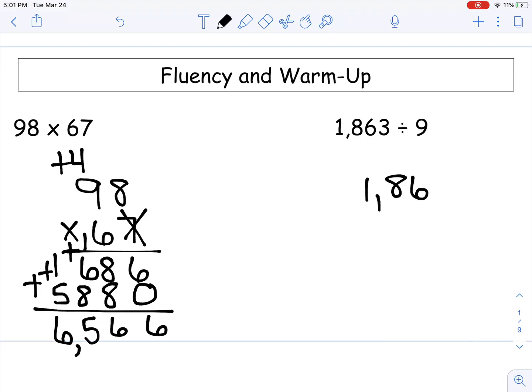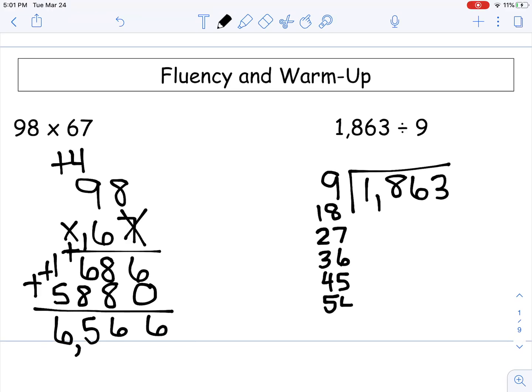All right, whole number division. Remember, first number goes inside, second number goes outside. Skip count strategy, 9, 18, 27, 36, 45, 54, 63,